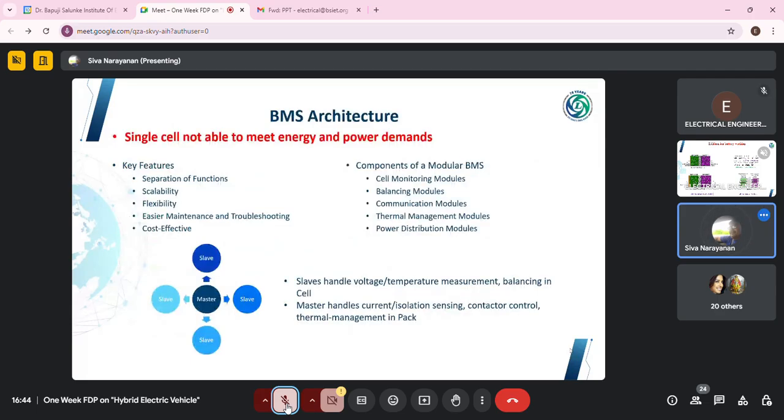So in order to do this, there is an architecture which has been developed. You might have studied in your microcontroller course a concept called slave and master. So what is the role? Master will do certain processes, slave will do certain processes, and they both will communicate with each other, so that certain inputs will be taken from slave, certain inputs will be taken from master, and at last our required objective is completed. So similarly,